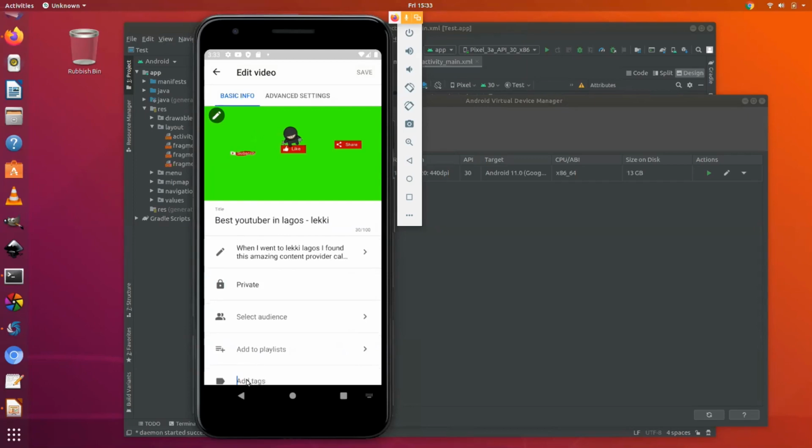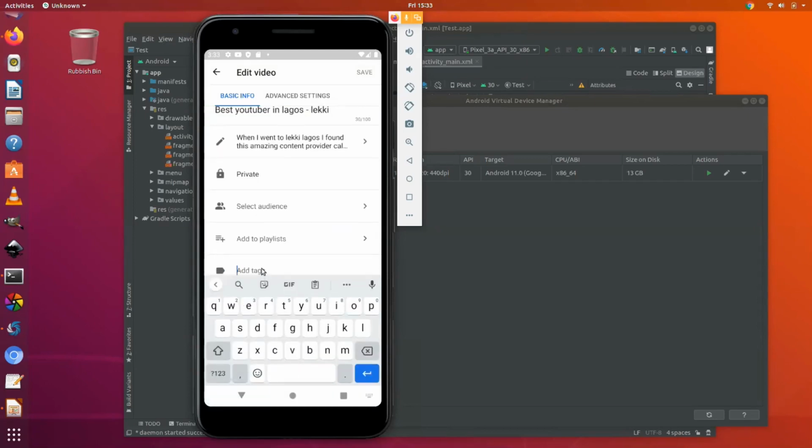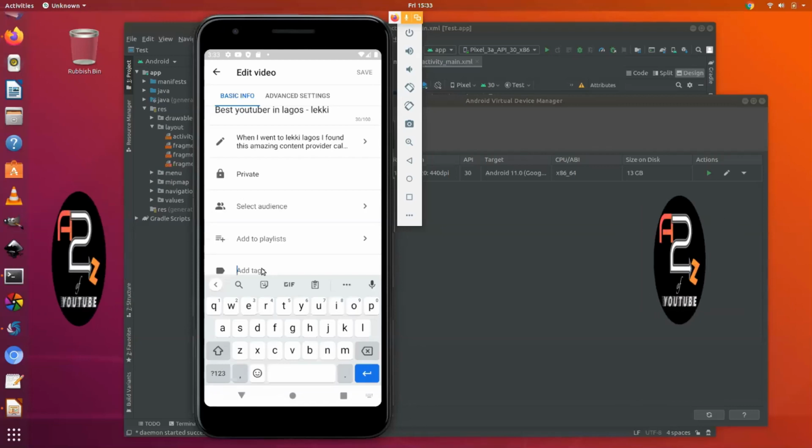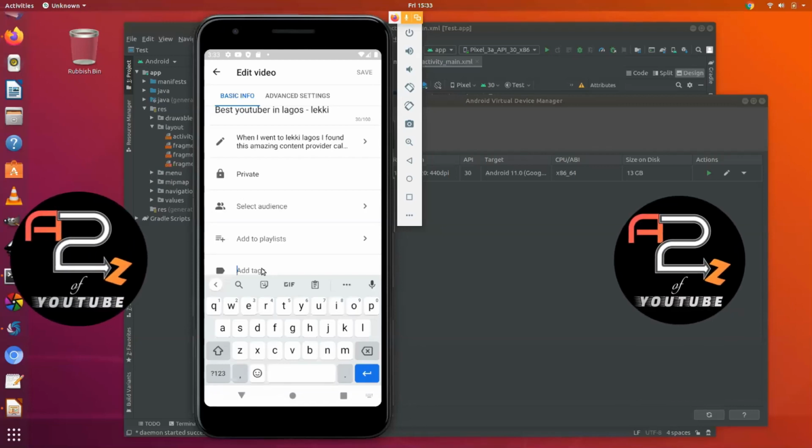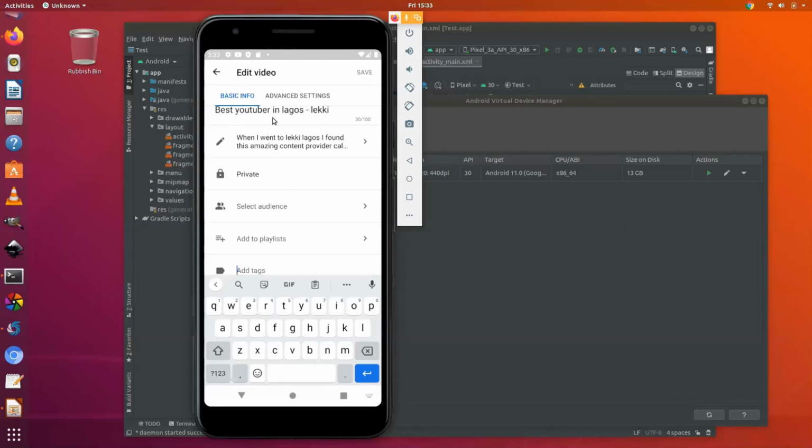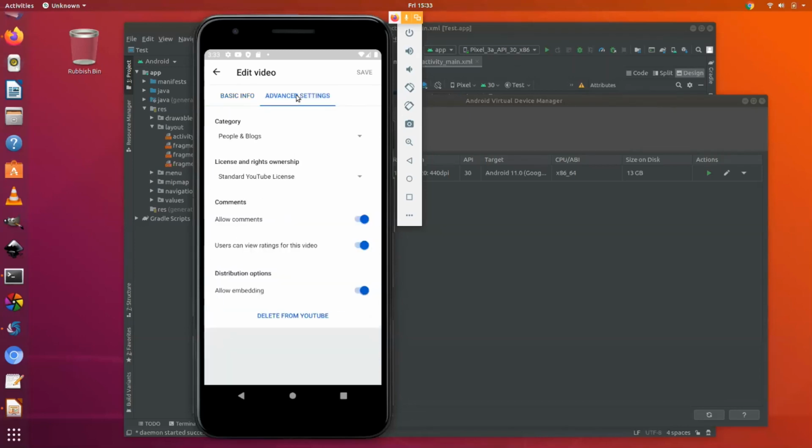And then this is where you add your tags. Remember the tags we were talking about where you use TubeBuddy or vidIQ to look for your tags? This is where you actually add that information. This is all in the basic info. We can go into advanced settings